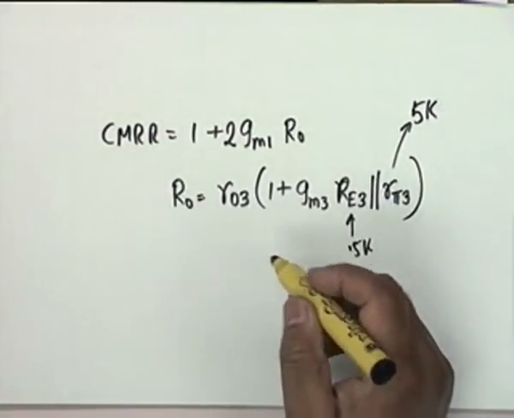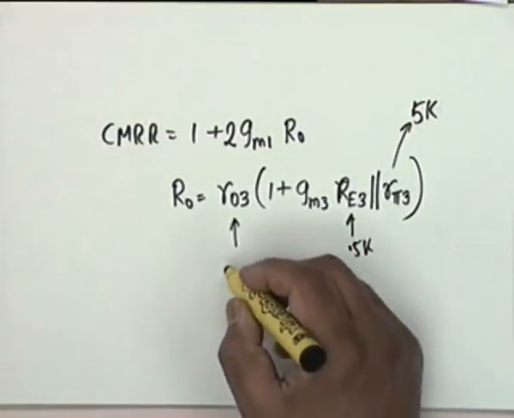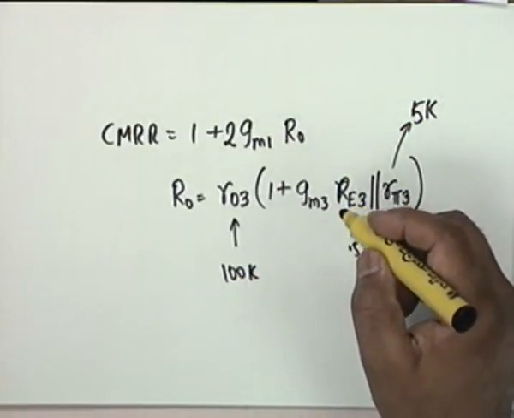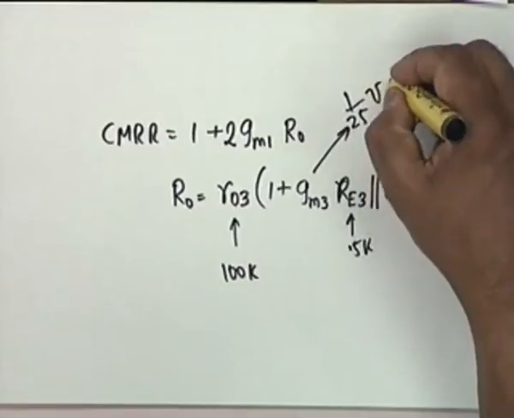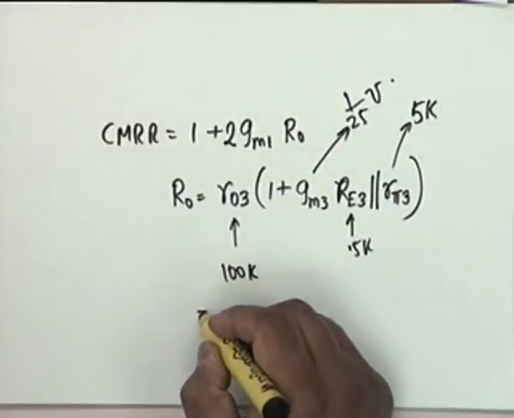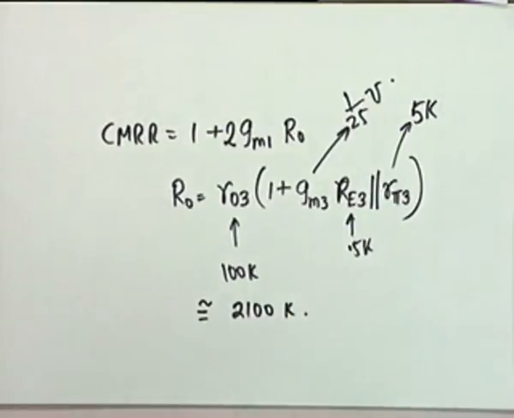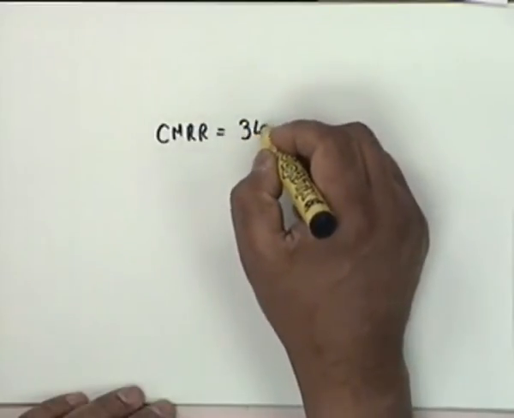But R03 is how much? Again, VA is given 100K. And GM is again 1 milliampere is the current, and therefore 1 by 25 mho. Substitute all this and get this as approximately 2100K. And therefore, if you substitute the numerical values, CMRR is equal to 34, this is my result,